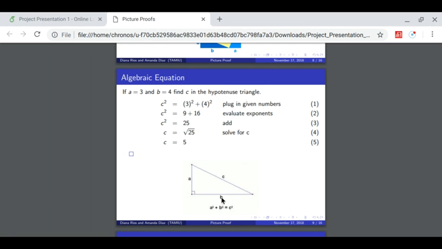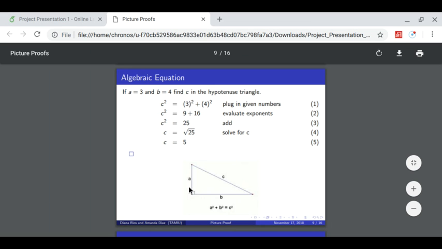Now, if we are given numbers for sides A and B, if we let A equals 3 and B equals 4, we can find side C. For example,